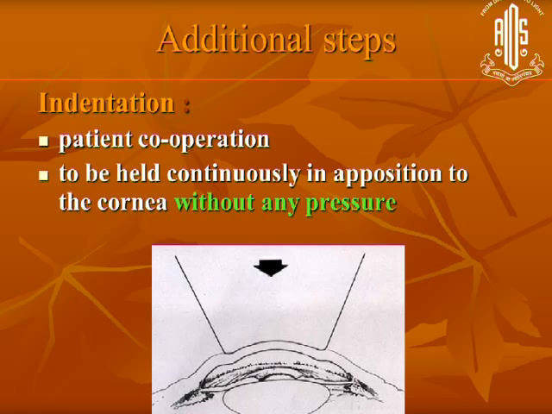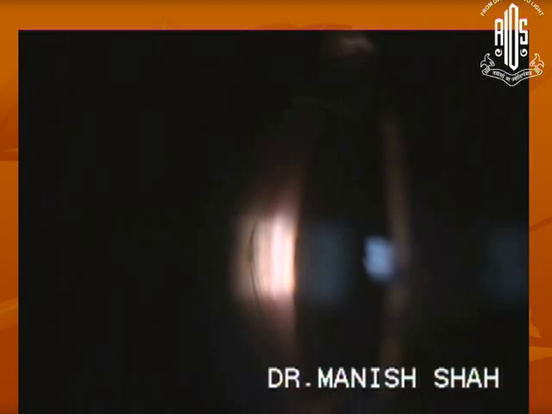And this is what you do when you want to do indentation. You push the lens backwards and artificially this angle will open. And as I pointed out, the total diameter of this lens has to be less than the diameter of the cornea. Whereas in the Goldmann lens, the diameter of the lens is larger than the diameter of the cornea. So this is what you see. Again, in this I made the beam a little wider than we usually do because I wanted to let people see it. Now I have to get this video to run.